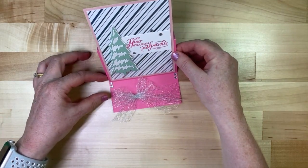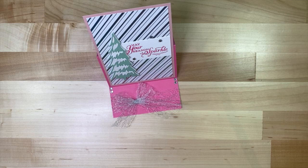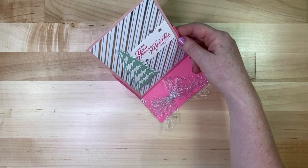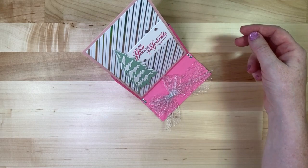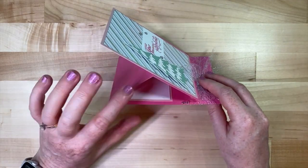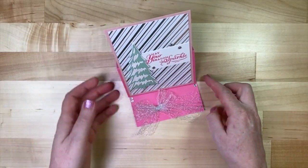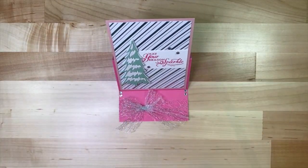This is an easel card. This is a standard base of 4 1/4 by 11 that I cut from polished pink cardstock. It is scored at 5 1/2 and 2 3/4. I've used rhinestones for the stopper, and I've also used the 1 1/2 inch metallic mesh ribbon from the mini